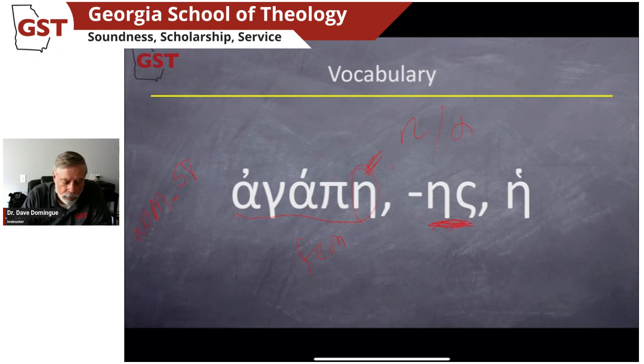So here we have the nominative ending for feminine. This is first declension, so it's going to follow a first declension pattern, right? Because it's feminine, the eta or alpha is going to be a first declension pattern. And here's our connecting vowel, the same eta right there, except you have the sigma, and you're going to find when we learn the others that this is going to be the genitive. Your vocabulary is always going to give you the nominative first,